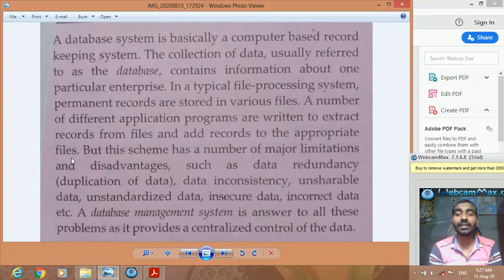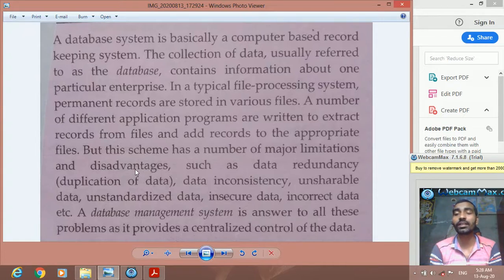But these applications are not versatile or advanced enough to provide a secure and related database system. This scheme has a number of major limitations and disadvantages.